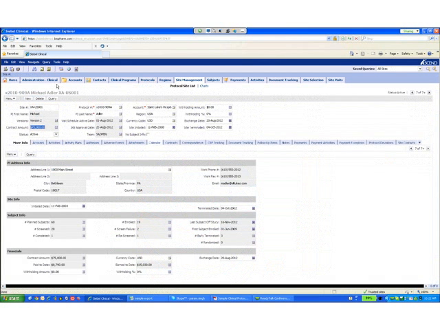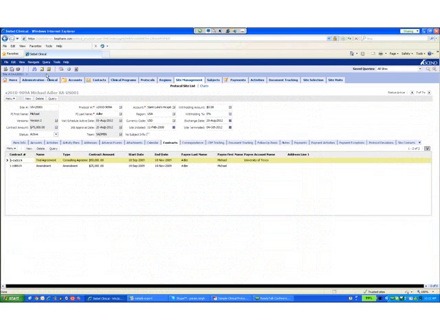And that's coming from the ability to track multiple clinical trial agreements or contracts against that particular site. So if you have separate contracts for investigator payments and other things, you can actually track those. And then the site will aggregate that up for a total contract amount for that particular site.